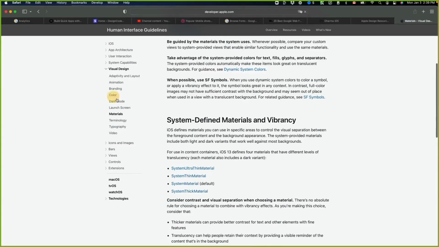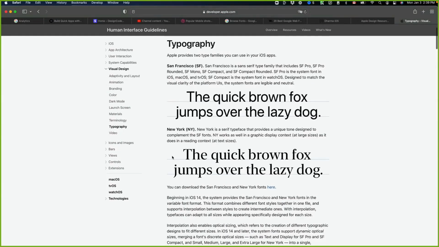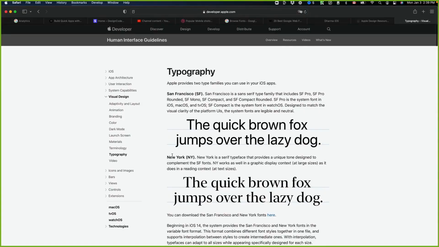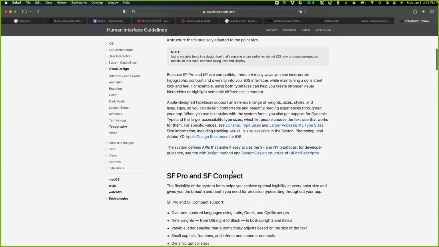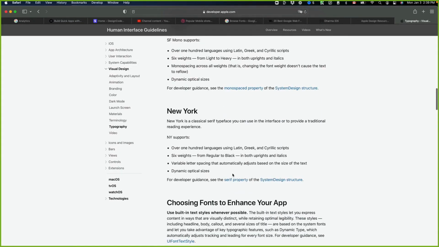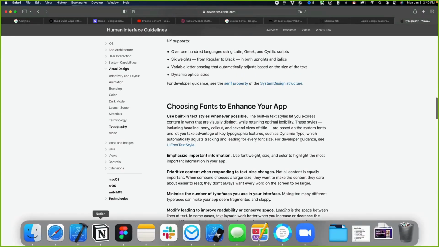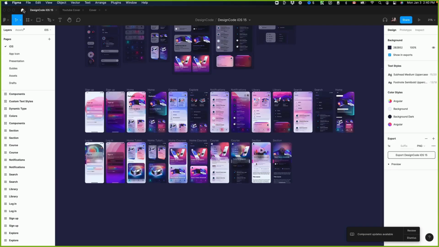But typically, colors and typography are the two most important things that you need to know as a beginner. That's it, right? You don't want to read the whole thing. You're going to get bored. You're going to sleep. You will want to start very, very simply. And then once you have these essential resources, you can confidently head to Figma,